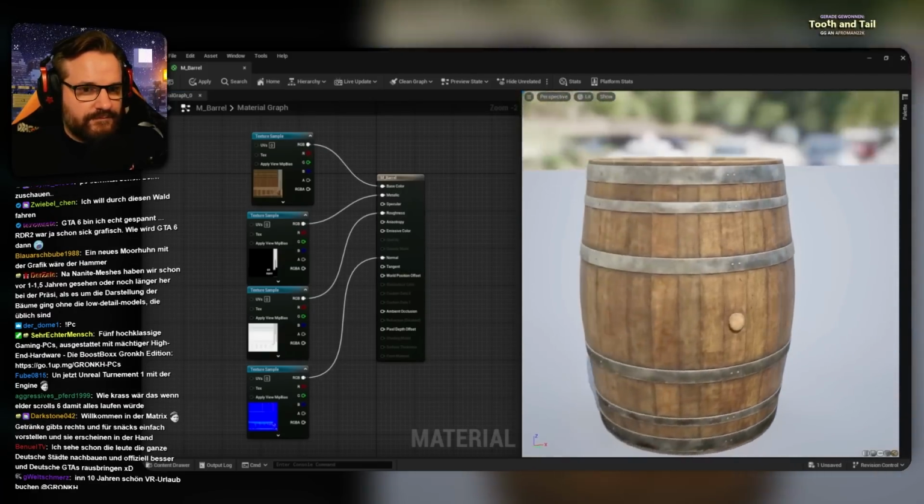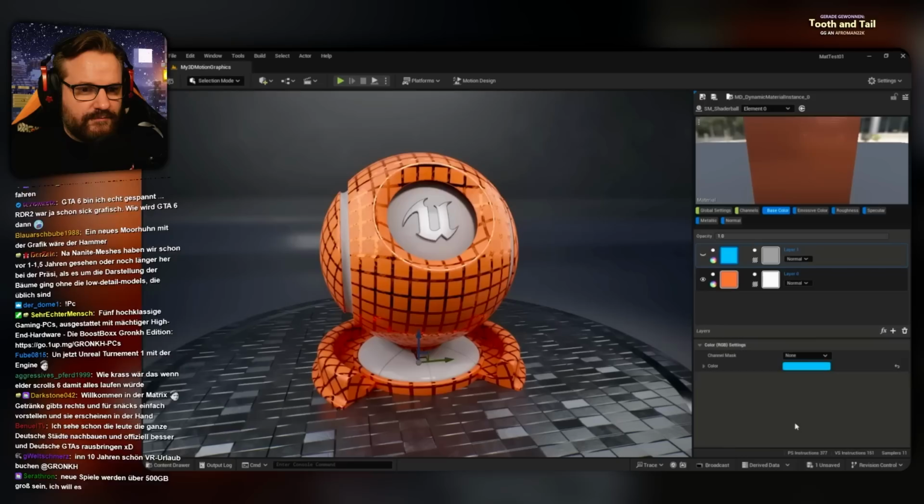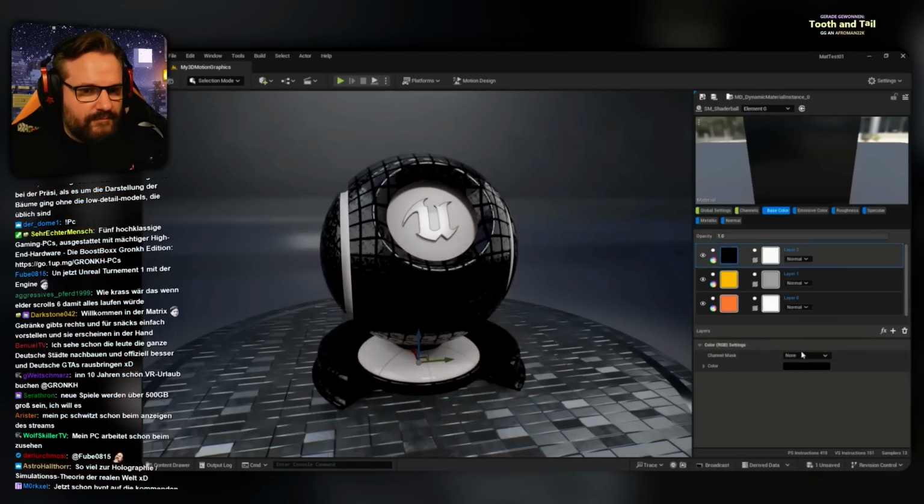This is why in 5.5, we have a new alternative to the material editor, because the material designer now supports creating physically based materials